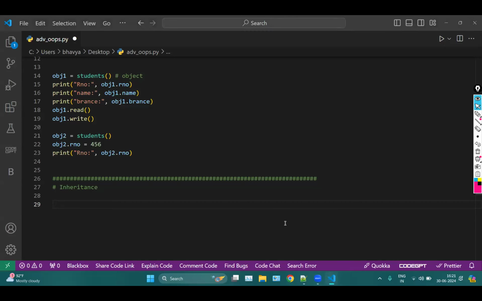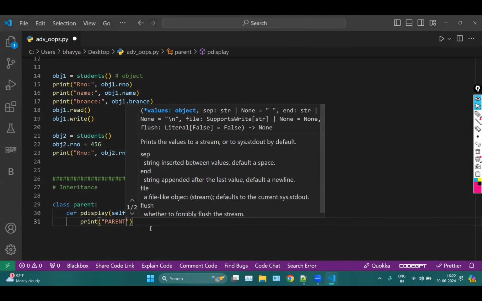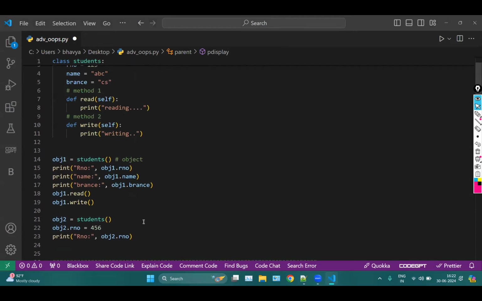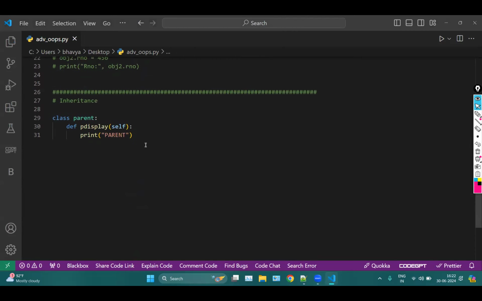To understand the definition, let's say we have the class parent. Parent is my class. Here, let's say I'm using a function, def p display, which is parent display. Let's say we take self here as a parameter, and let's say we print here parent. Simple. It is a class. So we have a class which is parent, and inside the parent class we have a function which is p display. Then we have a second function here,